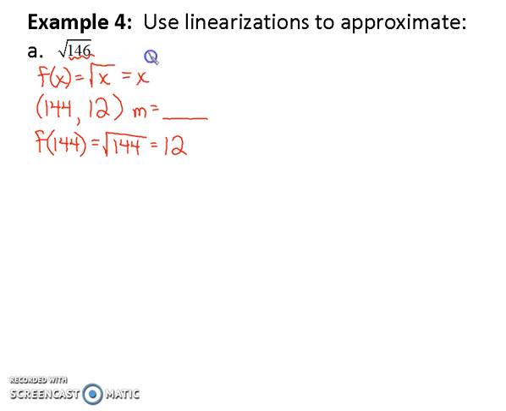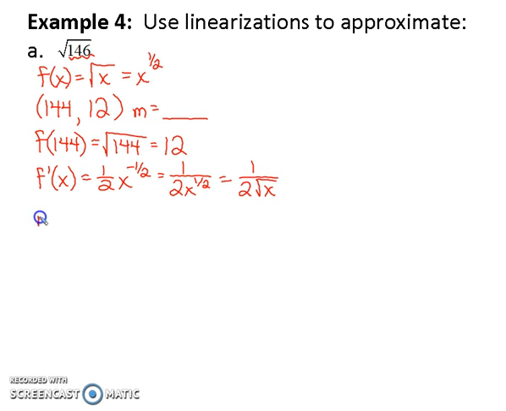It might help to rewrite the square root of x as x to the 1/2. The derivative then, if we use the power rule, is 1/2 x to the negative 1/2, or 1 over 2x to the 1/2, or 1 over 2 square root of x, which means that my slope is 1 over 2 square root of 144, 1 over 2 times 12,